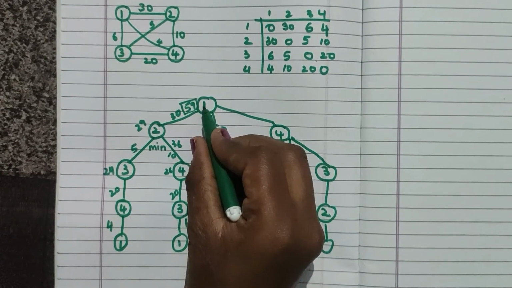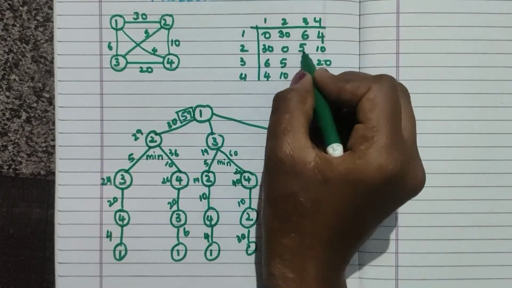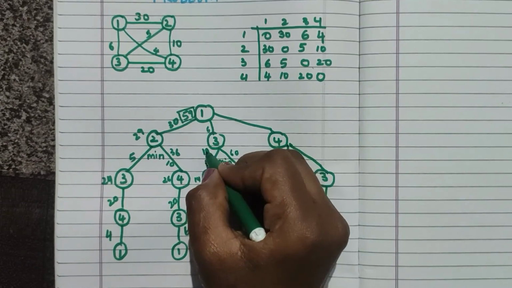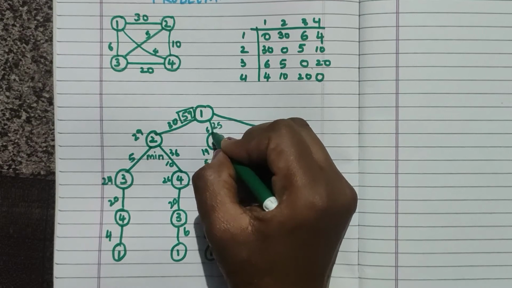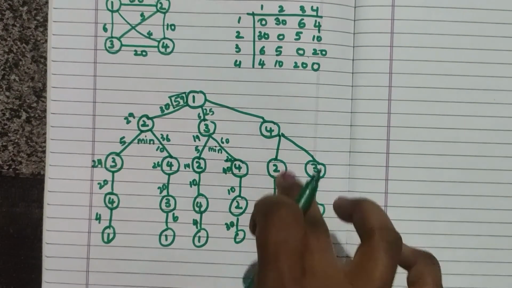So I'll find the value for this. 1, 2, 3. 1, 2, 3, the value is 6. So add on 19 plus 6, it's 25. So I've got the final value, that is 25. So let's find out for this now.